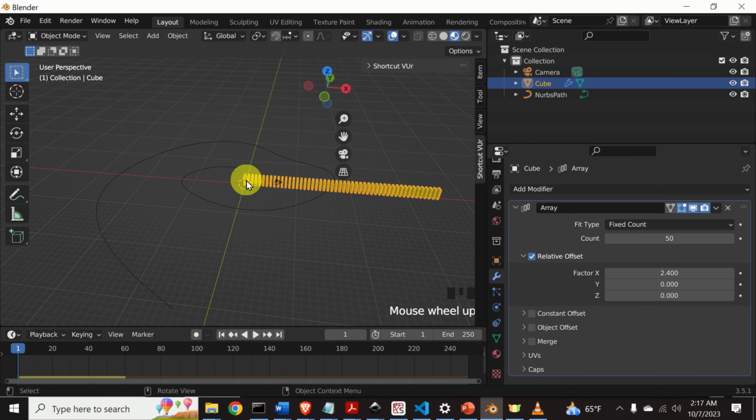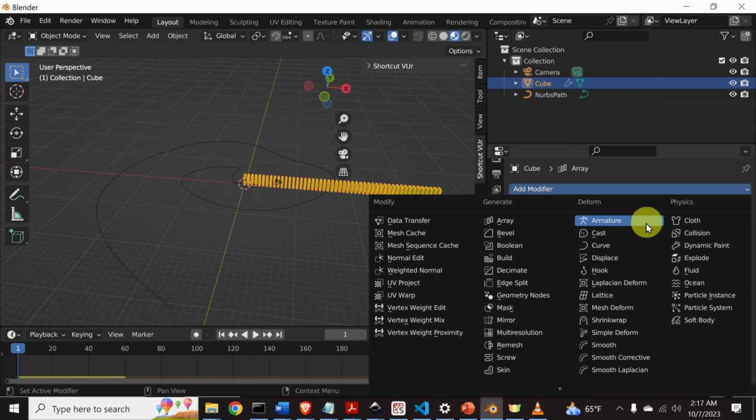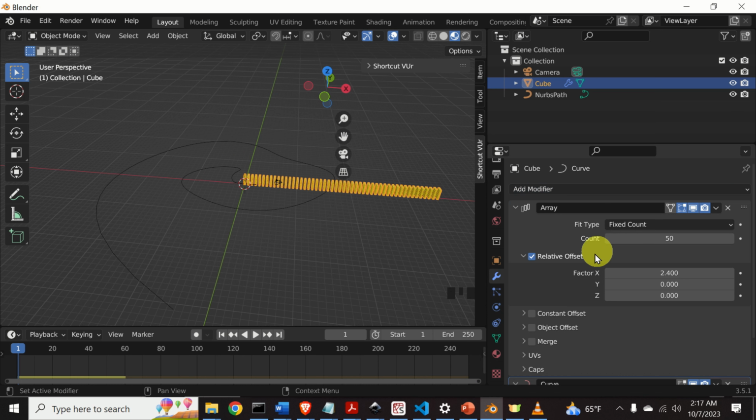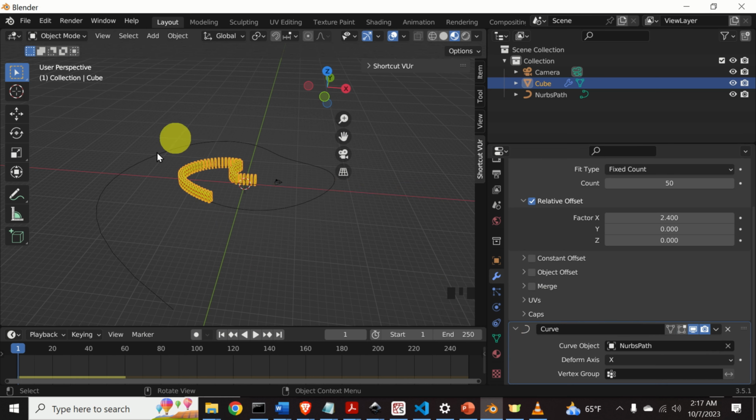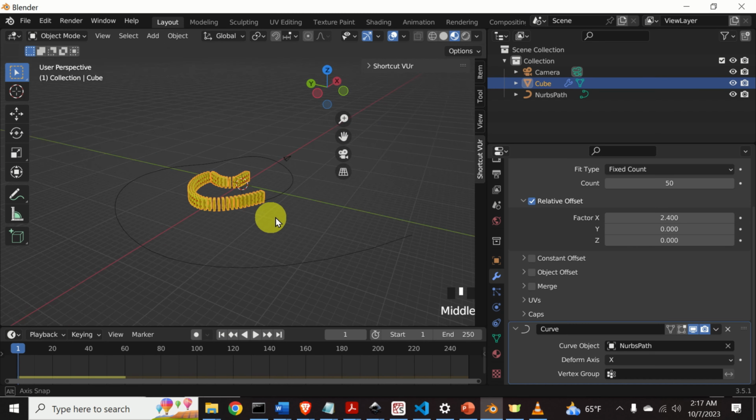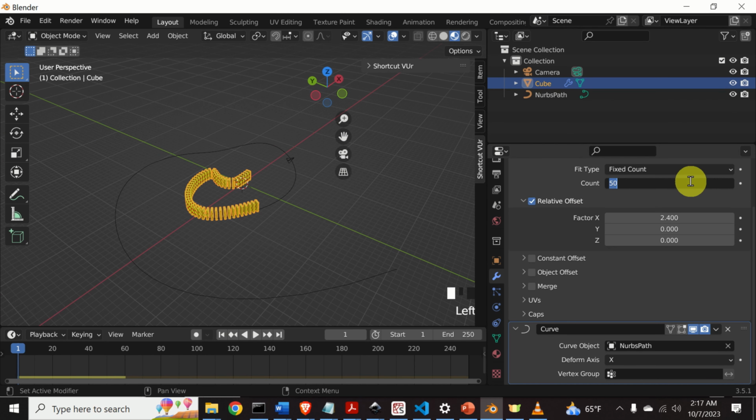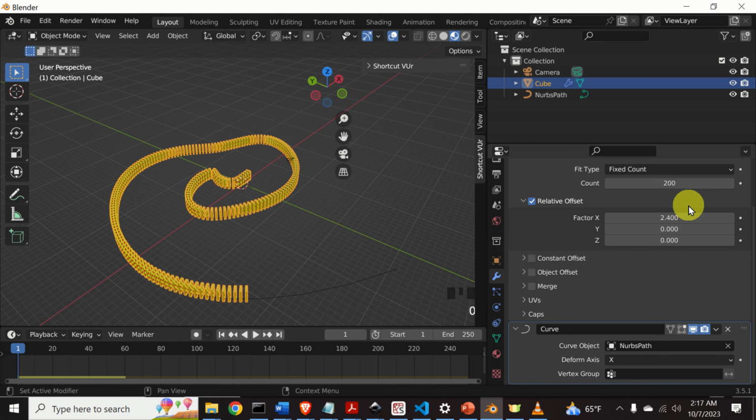Next, we need to set the copying path. That is, we want to copy these objects along our curved path. To do that, again, click on the modifier and over here click on curve. Here's the curve menu. Now, use this eyedropper and select the path and magic happens. Perfect. Now over here you can change the count number. For example, we can set this to be 200, even larger number, for example 250,